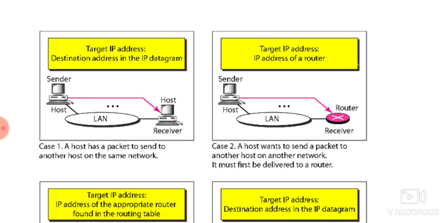Okay, in the second one, the sender is a host and wants to send a packet to another host on another network. In this case, the host looks at the routing table and finds the IP address of the next hop for the destination. If it does not have a routing table, then it looks for the IP address of the default router. Default routers are present in the network. The IP address of the router becomes the logical address, and that must be mapped to the physical address.